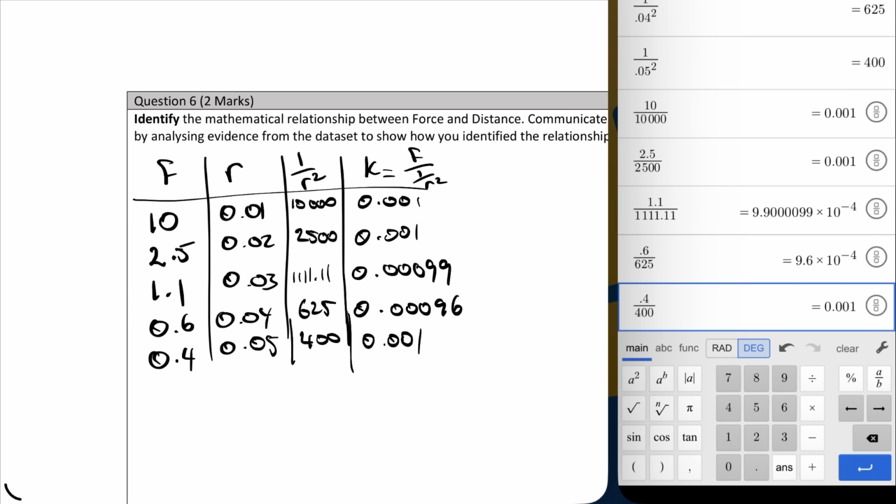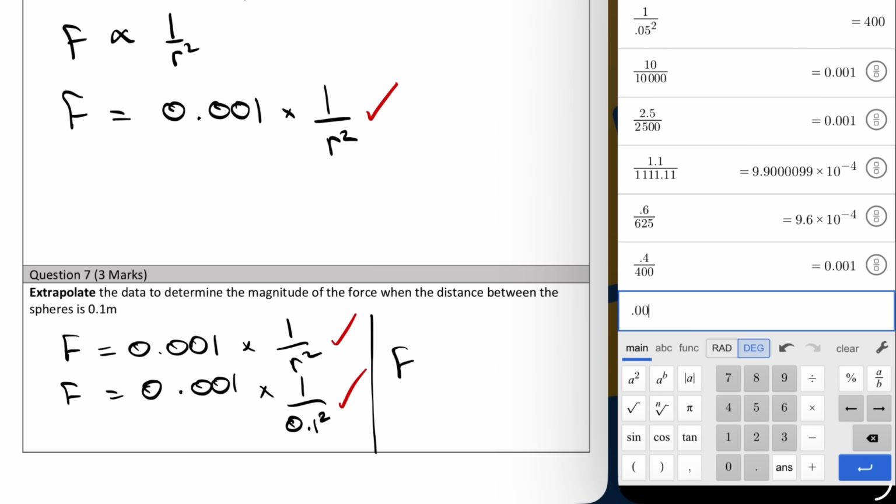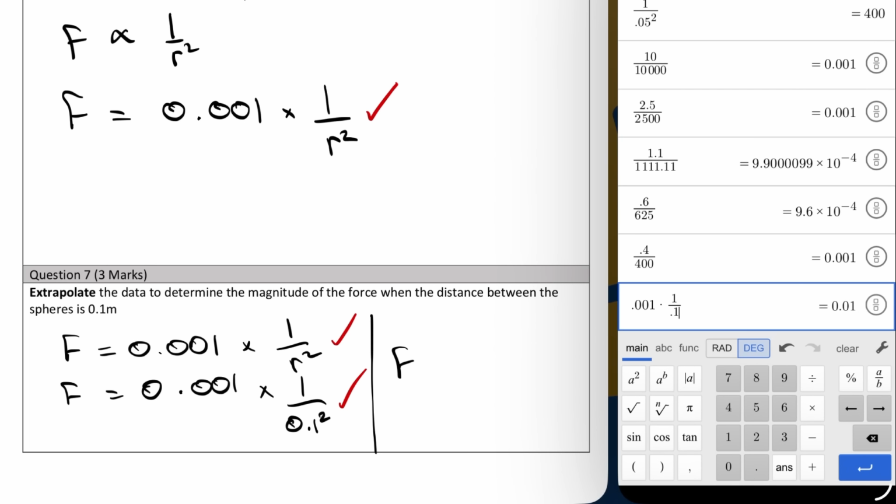My second mark is for appropriately substituting, and my final mark is for the answer. Times 1 over 0.1 squared, which is 0.1